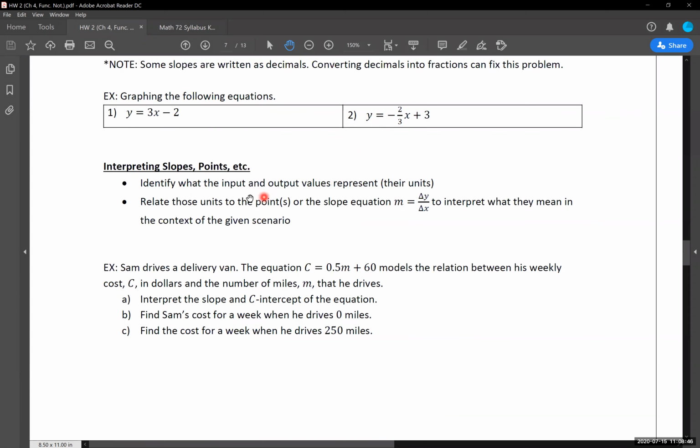So when we are asked to identify or interpret a slope, what a point means, or anything like that, we are not looking at what is the actual direct answer or value. We are looking at what that number, that value, that slope represents in the grander scheme of the application or the problem we are working with. So if I were to give you the number 3, just as a generality, what does this mean in the context of a problem that we're working with?